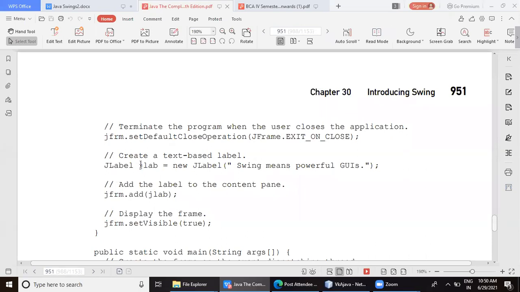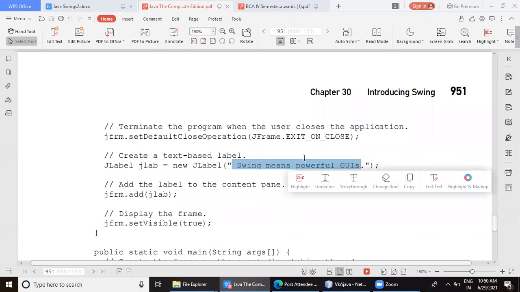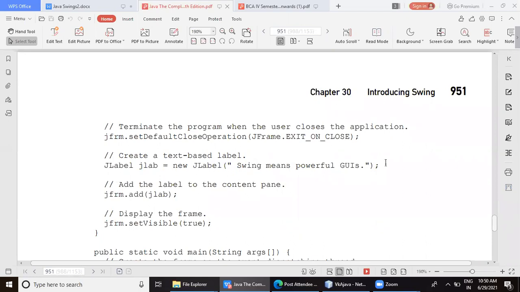It's not jalebi, it is jlab, just to indicate that it is J and the name used for label is lab. Whenever we create a label, we display something on it. Here, on the label, we are displaying the message "Swing means powerful GUIs".